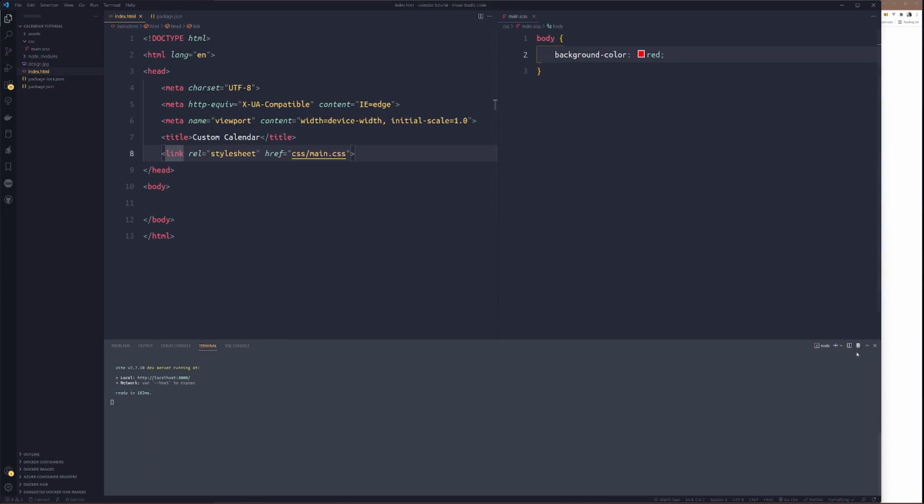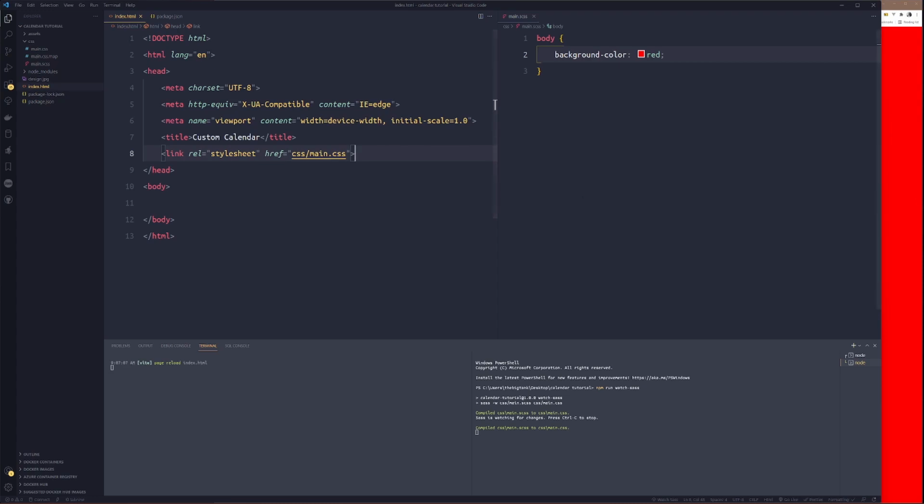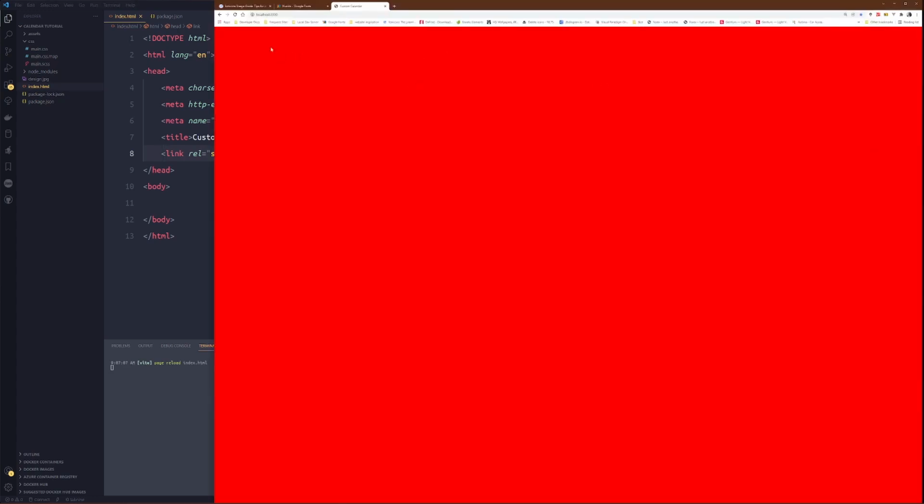Okay, to watch the SASS so it compiles, we'll run npm run watch sass. All right, so it's supposed to work now. Color red, body, CSS main.css. All right, so now you see automatically the live server runs and our SCSS compiles to normal CSS.